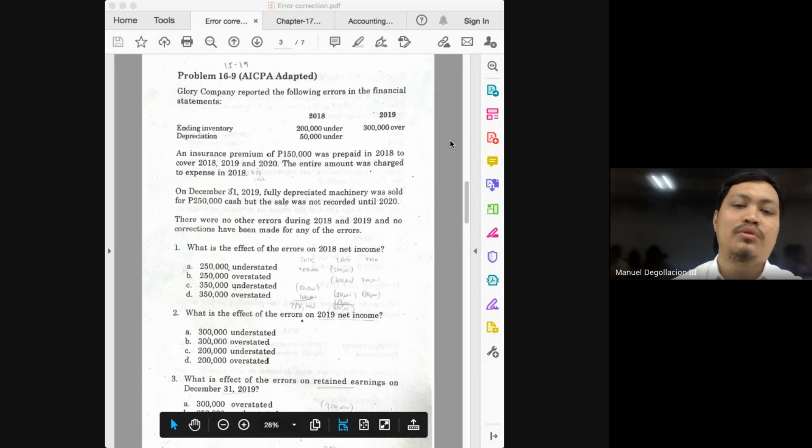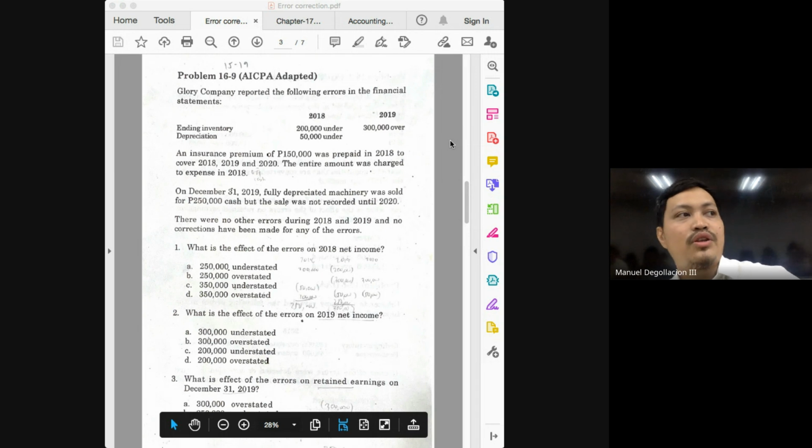of goods sold. And again, how do we solve for cost of goods sold? You begin with your beginning inventory. You add your net purchases. By adding those two, you would get your TIGAS, which stands for your total goods available for sale. Then you deduct your ending inventory from your TIGAS. You would get your cost of goods sold. So what then is the effect of your ending inventory on your cost of goods sold? Ending inventory is supposed to be deducted from your TIGAS.